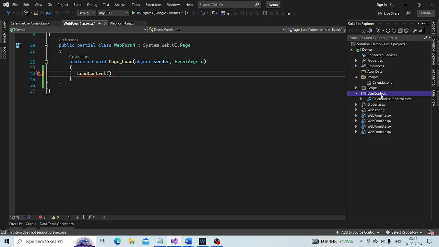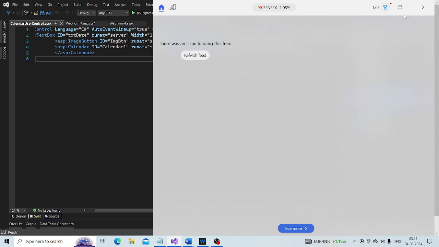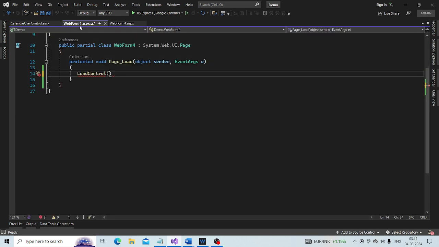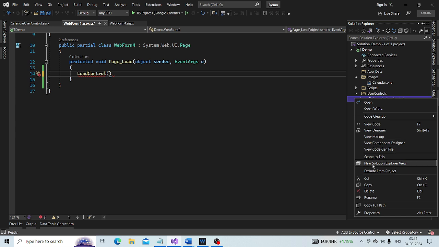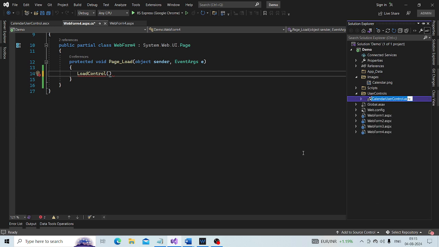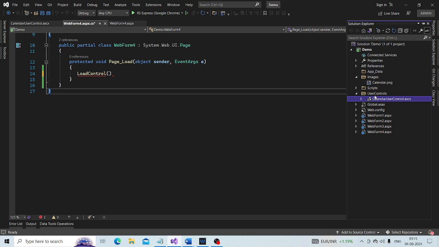So let me copy the name of the control. The calendar user control is present in the user controls folder, which is present in the root directory.